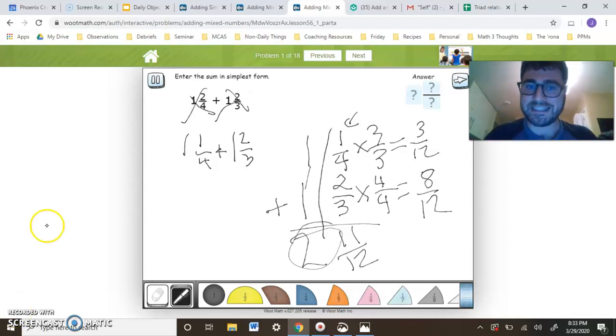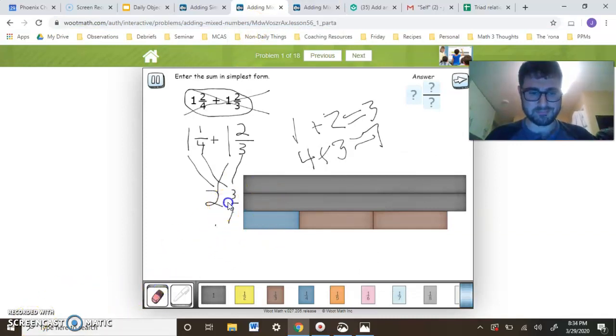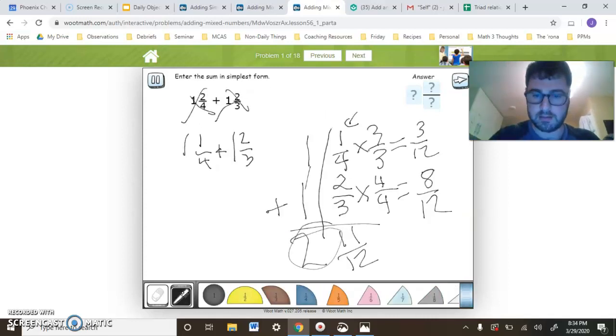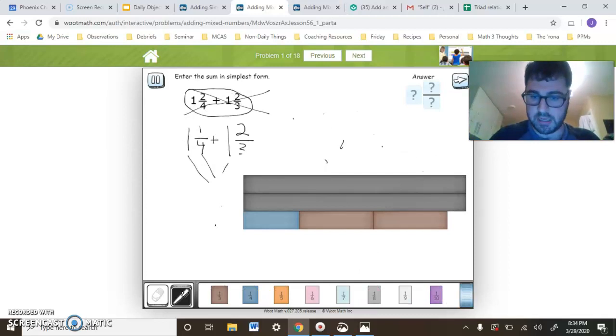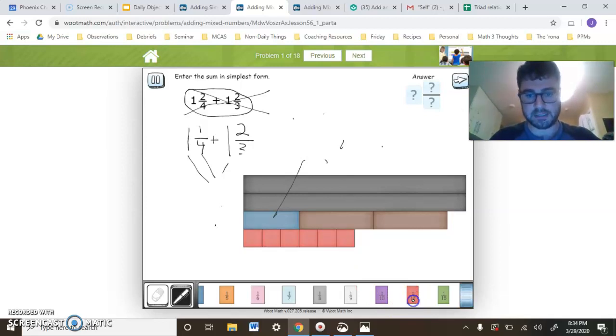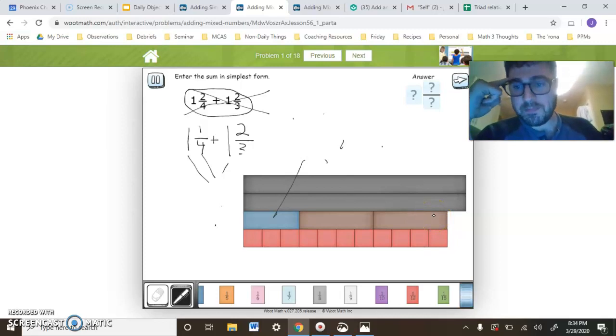Let's go back and see if that works with our model. So here we are. We had, let's get rid of this. Okay, much better now. Now let's go look over here. We want this to be, what was it again? 11/12. Okay, so we go here. 1, do it this way. Goodness gracious me. 2, 3, 4, 5, 6, 7, 8, 9, 10, 11. Look, works perfectly. Now, the thing that's important to look at here is,